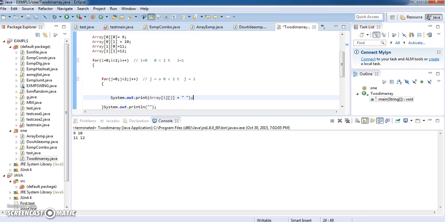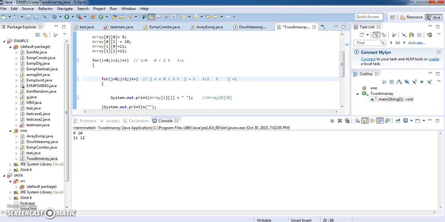Now here it prints what text it prints. So array of, so initially your I value is 0 and j value is also 0. So the 0, 0th element will be printed first. So the element is 9. Now the inner loop continues until it comes out of j. So your j value is what now? 1. Now it again checks the condition whether 1 less than 2 is true or not. It is true. Now your j value has become 2.